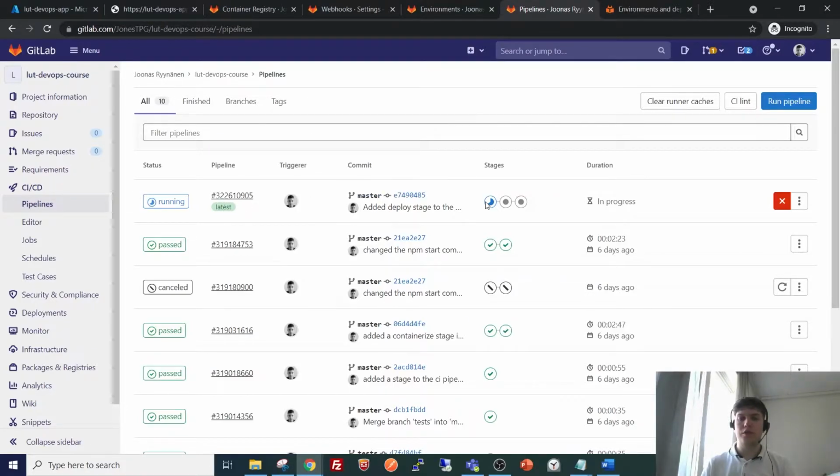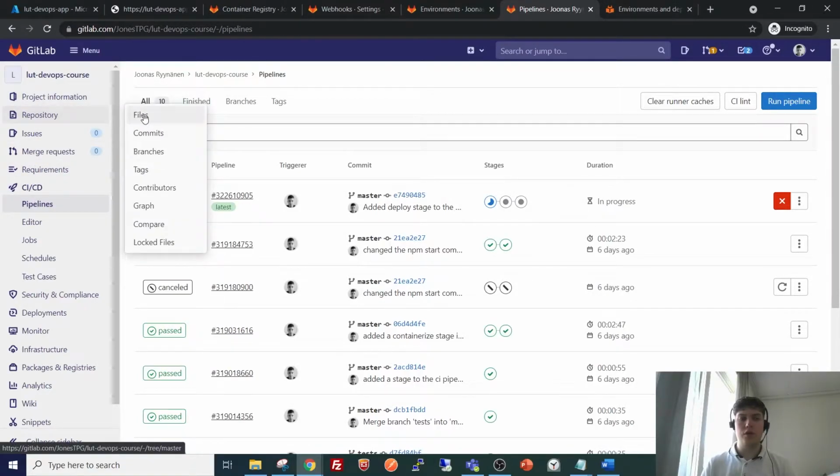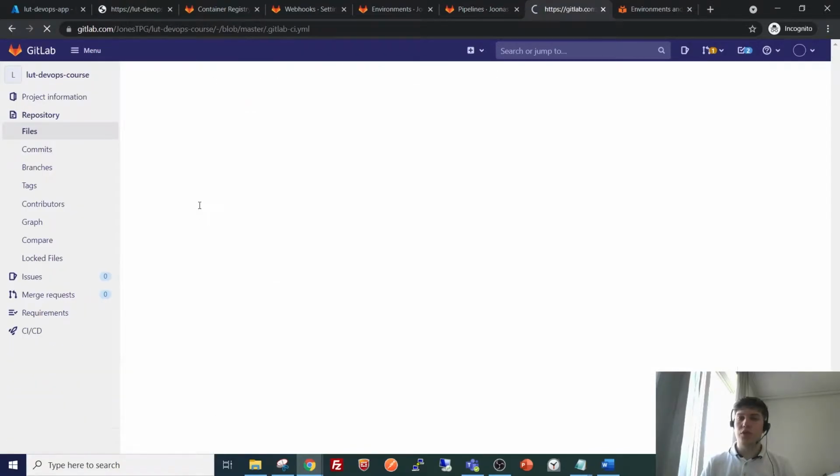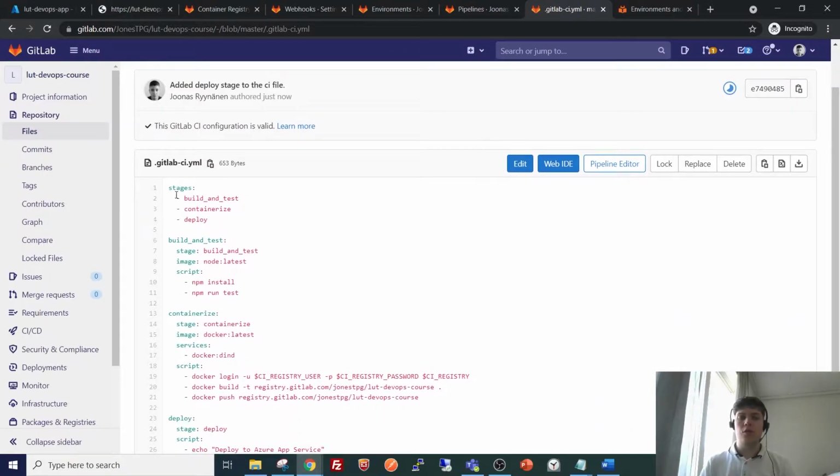So now we can see that we have this new stage here, and while the pipeline runs, we can once again see what the pipeline file does as a whole. So we have 3 different stages. The first stage will build and test the application.